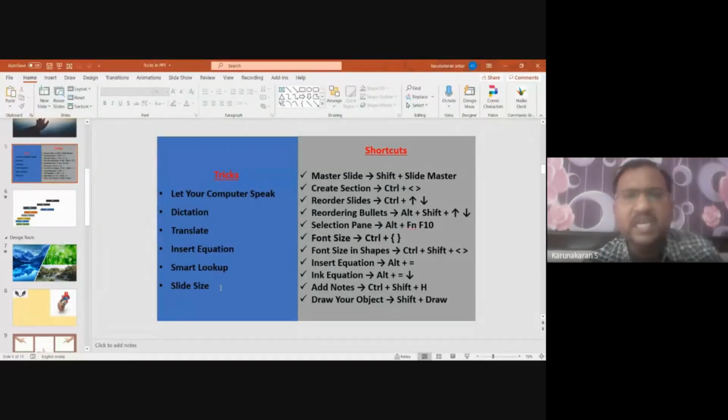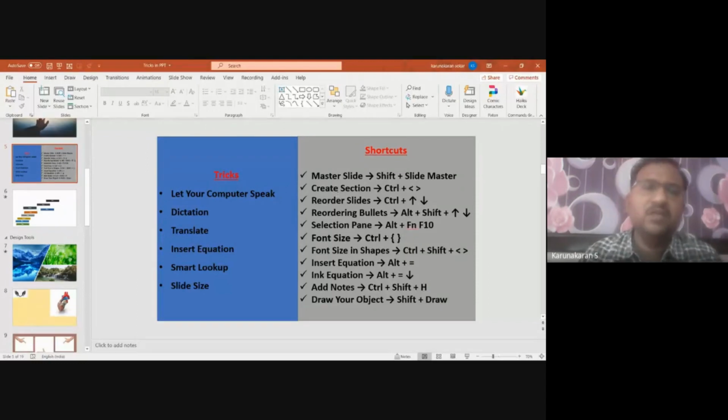Then slide size I have already shown you. When you type here slide size, it will show the option to change the size of the slide. The use of changing the size of the slide is when you want to design an image, for example, a certificate or a poster. You can do all these with PowerPoint itself. You need not go for Photoshop. Photoshop, in the sense I am talking about the Photoshop software. So all those options are available in PowerPoint itself. You can do all this based upon the size of the certificate or the poster that you expect. You can select the size and then design it.